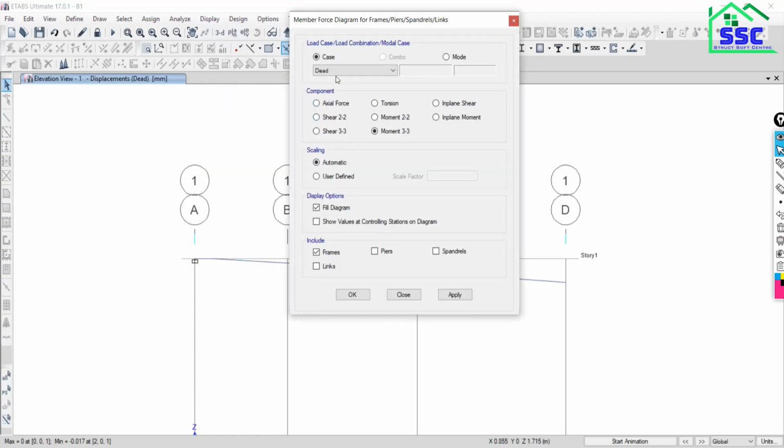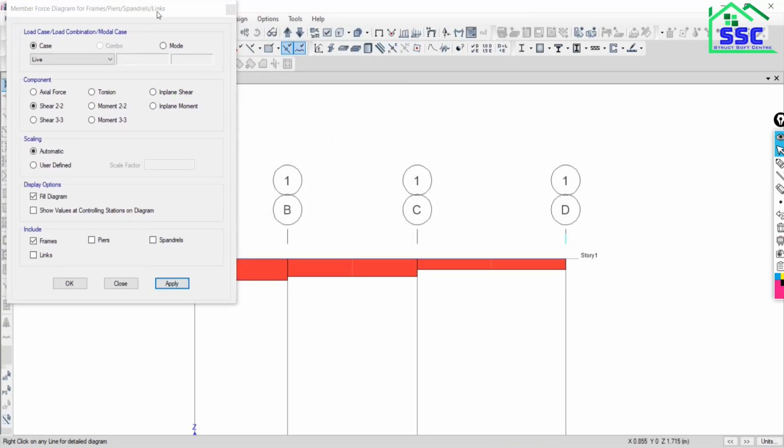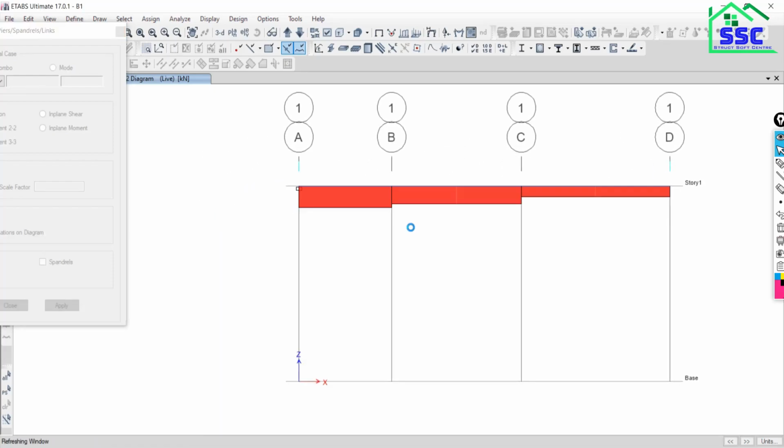Once you click on it, go with the Live category and Shear Force 2. Say apply. Once you click on it, it will give you the shear force diagram of the modeled cantilever beam.